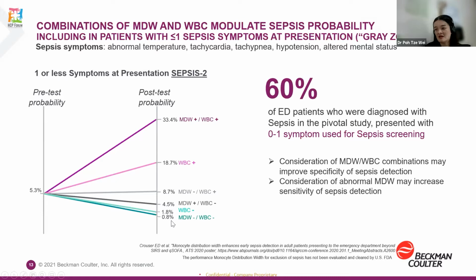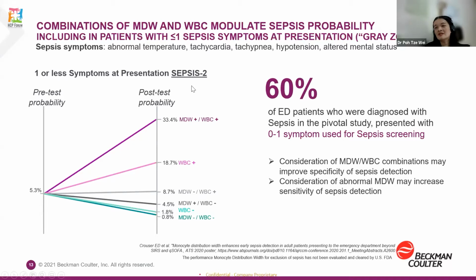But you can see that if there is a positive white cell count but normal MDW, again, the post-test probability of the patient developing sepsis is still fairly low. But with an abnormal MDW, where positive here indicates an abnormal value, the probability of the patient developing sepsis in the emergency department does increase by about threefold. And this is for patients who had one or fewer symptoms at presentation using the Sepsis-2